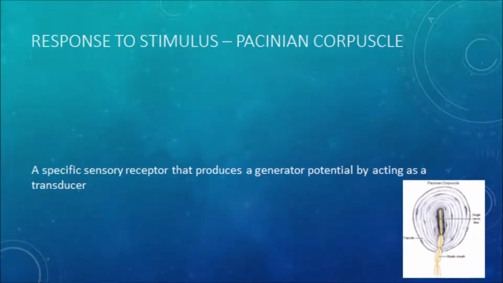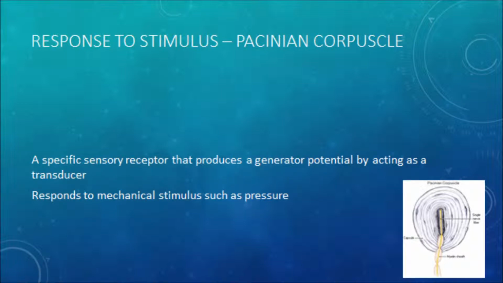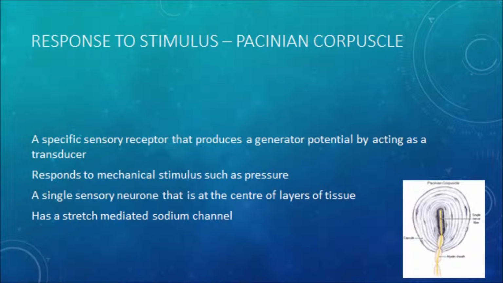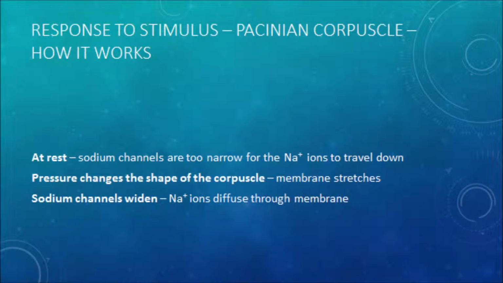The Pacinian corpuscle is specific to mechanical pressure and is a single sensory neuron that is at the centre of layers of tissue. It has a stretch-mediated sodium channel, which is so called because of their permeability to sodium, which changes as they change shape, and this is used to produce a generator potential. In their normal state, the sodium channels are too narrow for the ions to pass through, so the corpuscle is